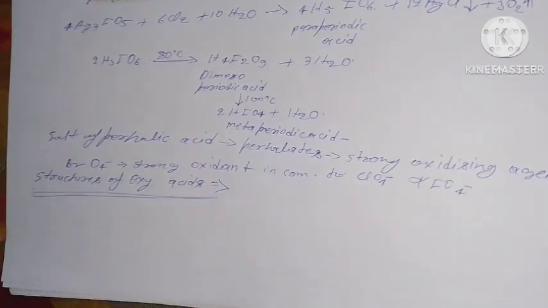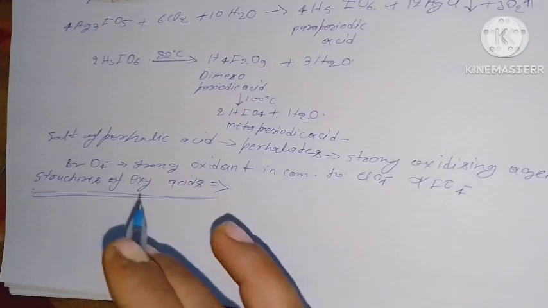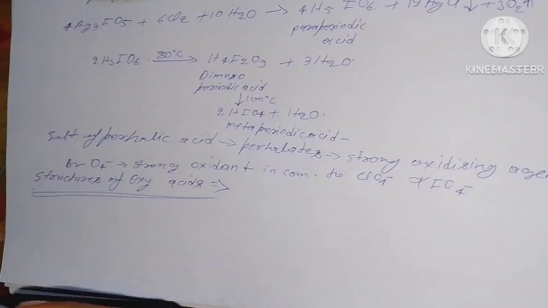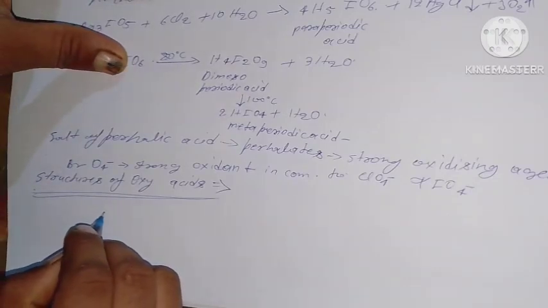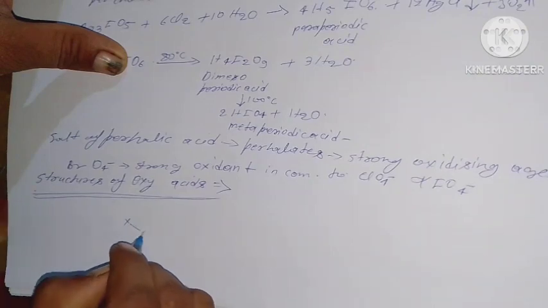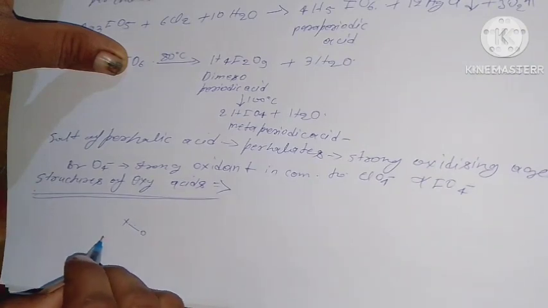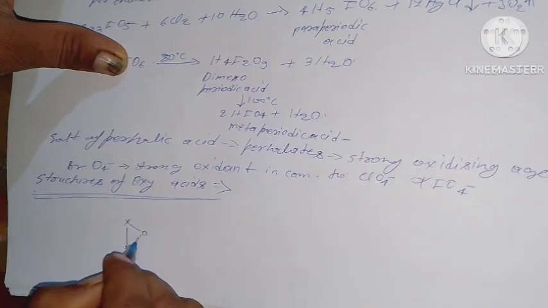Structures of oxy acids. Halogens form HOX, HXO2, HXO3, HXO4, four types of oxy acids. These structures of the ions are formed as you can see. Halogen, oxygen, lone pair,